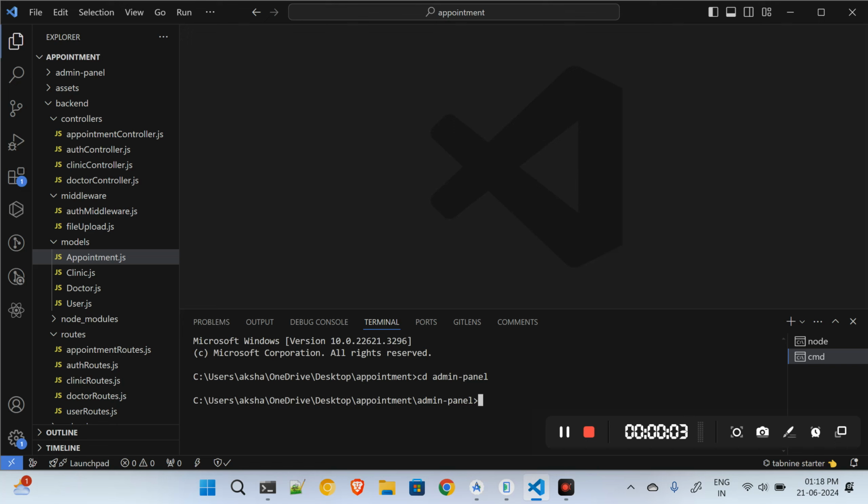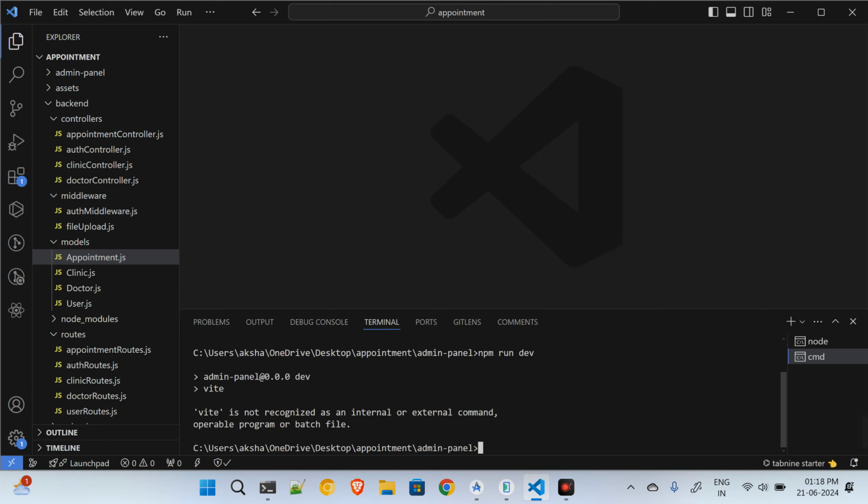Hey, what's up, guys? In the previous tutorial, we saw how to create the backend, and in this tutorial, we will see how to create the admin panel. Okay, so I will now show you how to create the admin panel because we will be entering the data